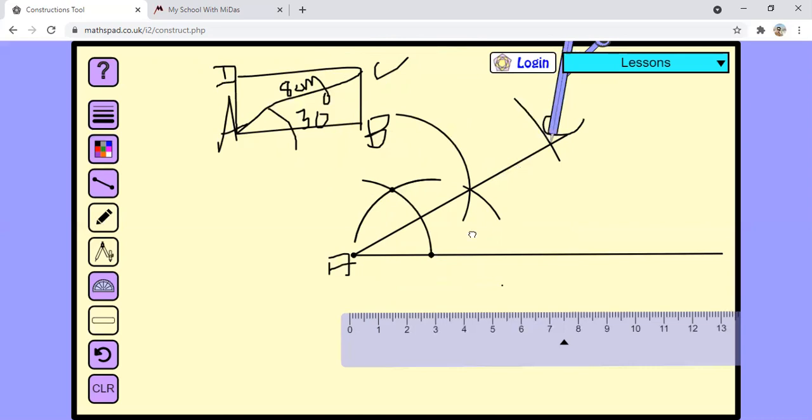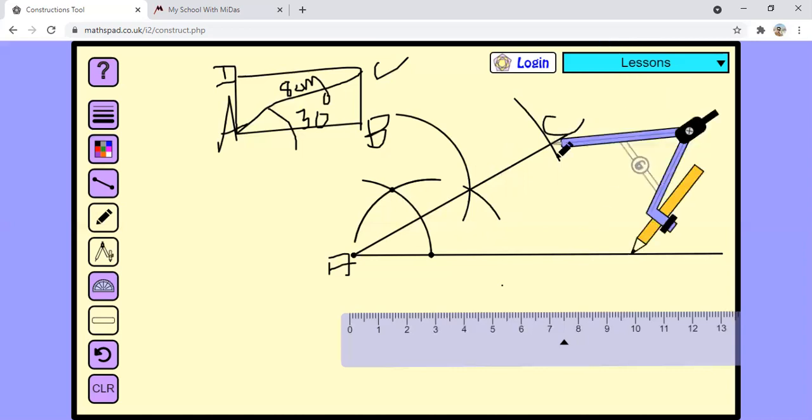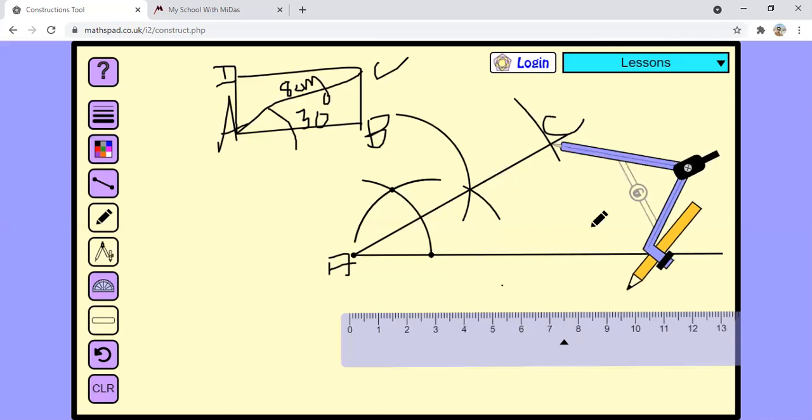Step: put the compass at the point C. This compass will be kept at the point C, so that we make that much long arc, so that the arc will cut this line in two different places, here and here. Take a bit long arc, so that it will cut this line in two different places like this, okay.